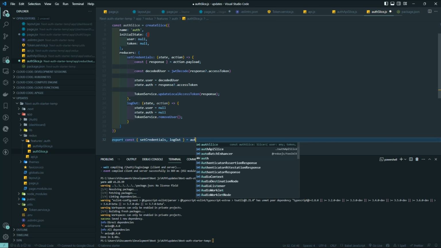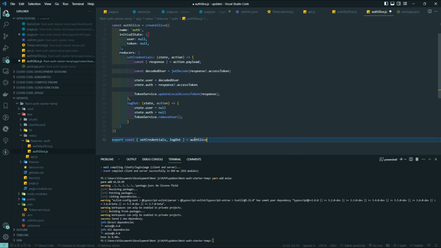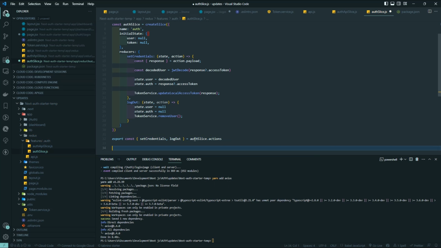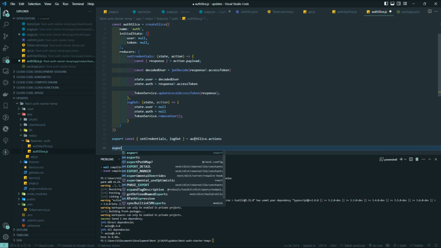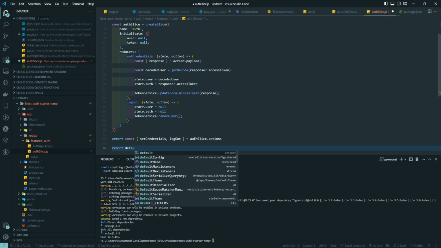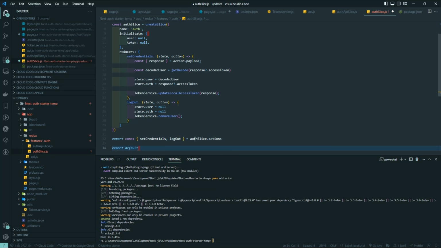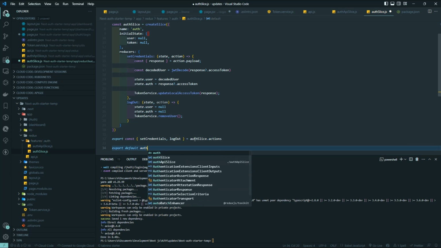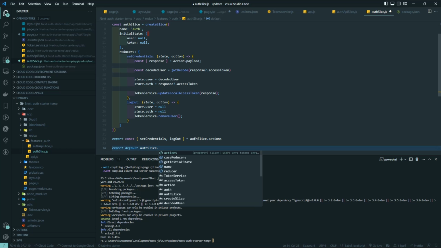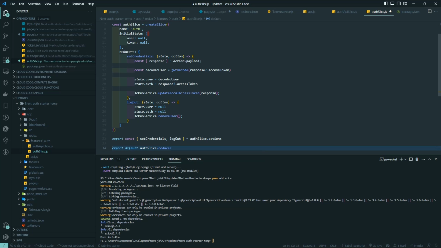We export it from auth slice dot actions, and then we also export the default reducer. That will be export default auth slice dot reducer,